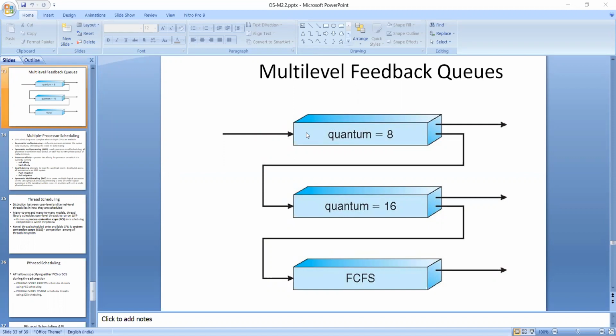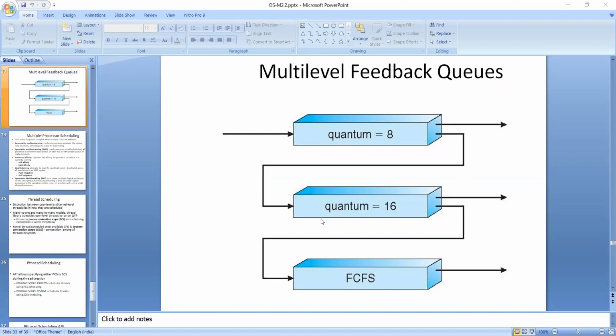The job will get executed in the CPU for 8 milliseconds. If the job is completed by then, that process will exit from the CPU. If the job is not completed, the burst time execution is not completed, then that job will be allocated to another queue, that is